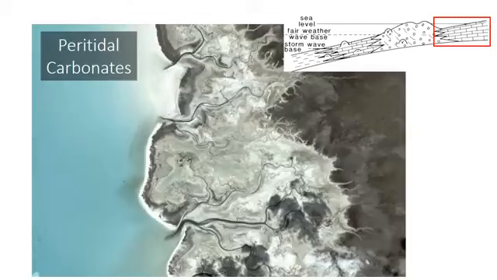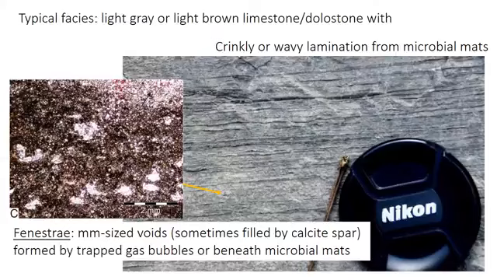So I want to spend the remainder of this video introducing characteristic facies of peritidal carbonates. Peritidal just means near tidal, and it refers to the shallowest part of the carbonate ramp. It includes the subtidal, which is consistently at or below the low tide line, the intertidal between low and high tide marks, and the supratidal, which is consistently above the high tide line, except maybe during unusual storm surges or other sorts of events.